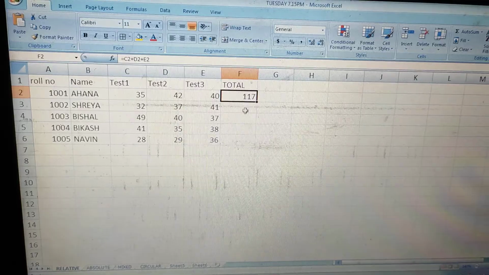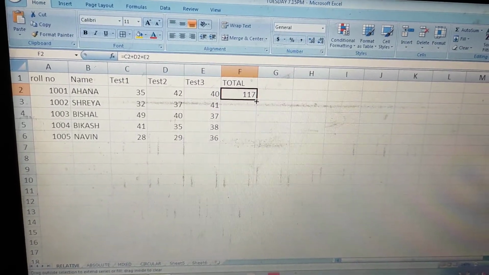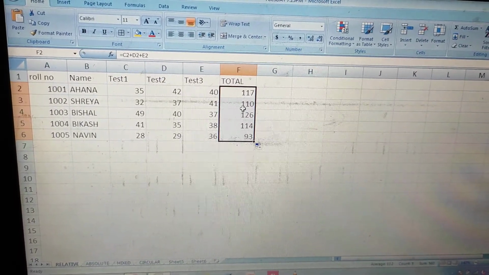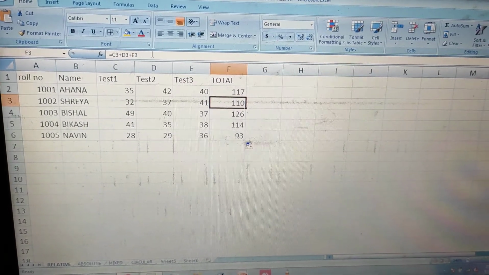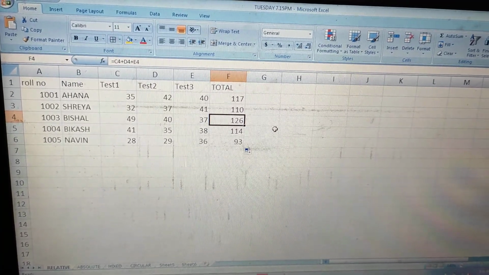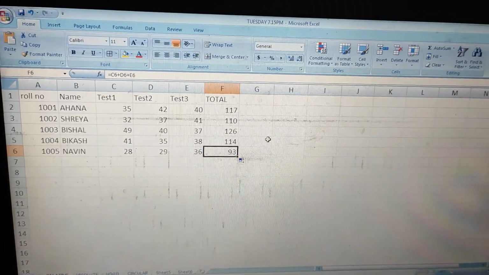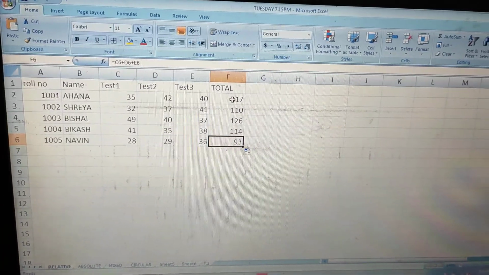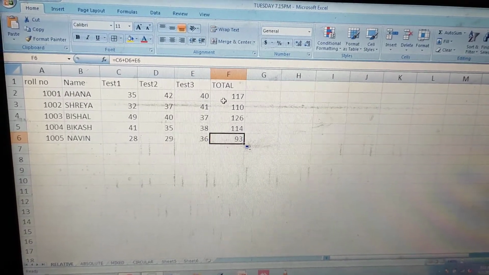Now if we want to copy the formula in every cell, how will we copy? Just drag it. This is the fill handle, use the fill handle and drag it. You will get the formula copied. Now you see the next one, it is C3, D3, E3. Here you see in the formula bar, then C4, D4, E4, C5, D5, E5, C6, D6, E6. That means the formula is copying to the other cells also, and it is changing automatically. It is changing the cell numbers. That is called relative cell referencing.